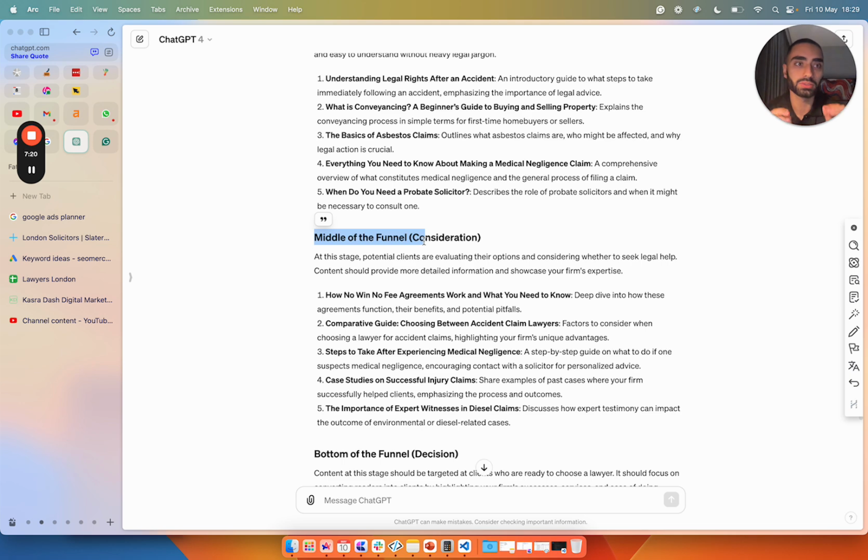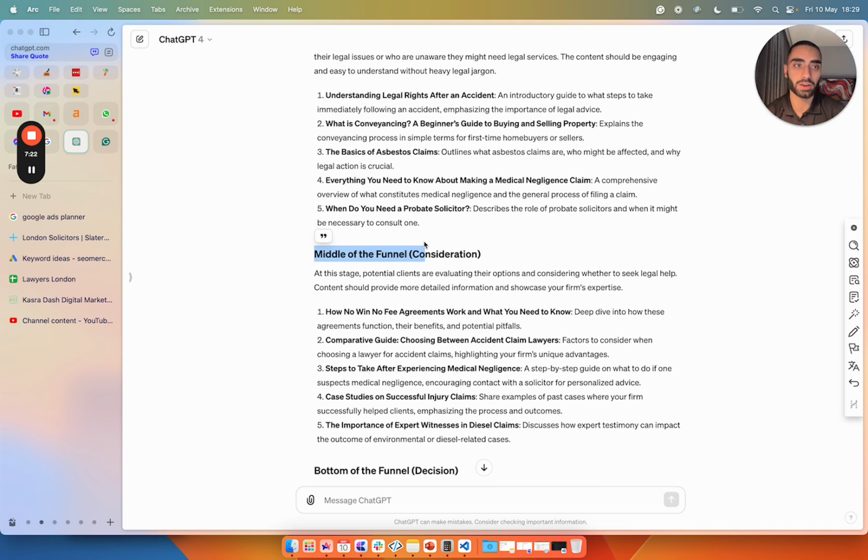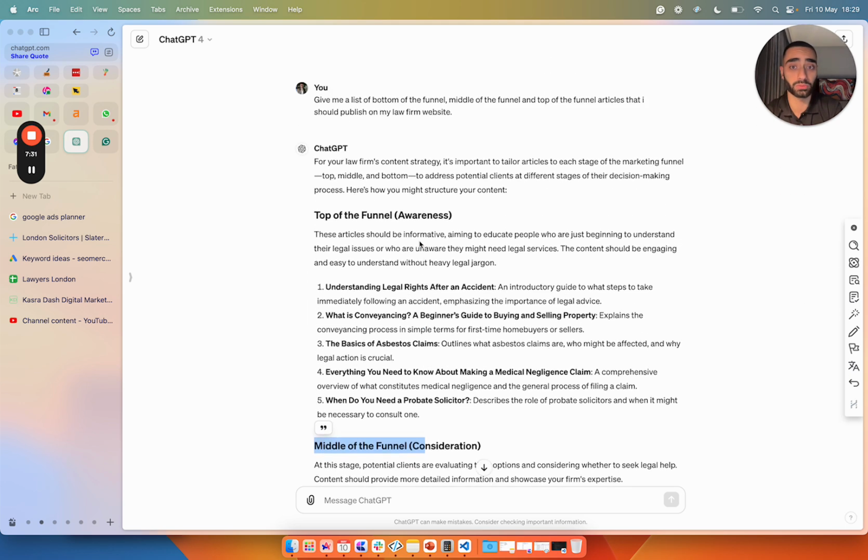Middle of the funnel. So middle of the funnel, the intent is a little bit higher. Somebody that is searching for a middle of the funnel style keyword, there's a little bit more chance of them getting in contact with you. Whereas with top of the funnel, a lot of these will be a lot more educational style blogs. When I do say that, it doesn't mean if you were to get, let's say, 100 visits on understanding legal rights after an accident, that's not to say that all 100 people won't turn into potential law firm clients for you. But just bear that in mind, that it's a lot